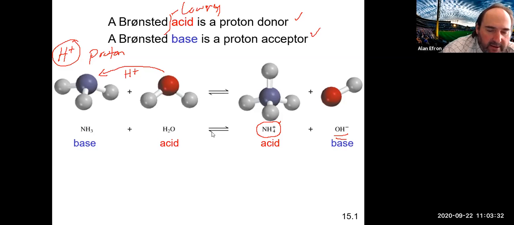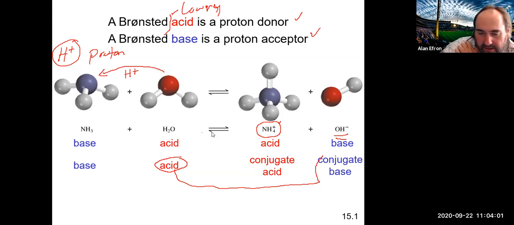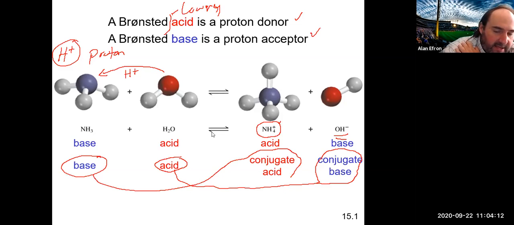And in a Bronsted-Lowry condition, we get what are referred to as pairs. So we get acid conjugate base pairs or base conjugate acid pairs. And the relationship is this: the acid on one side is related to the conjugate base on the other side, and H2O and OH minus are related to each other, while the base on one side is related to the conjugate acid on the other